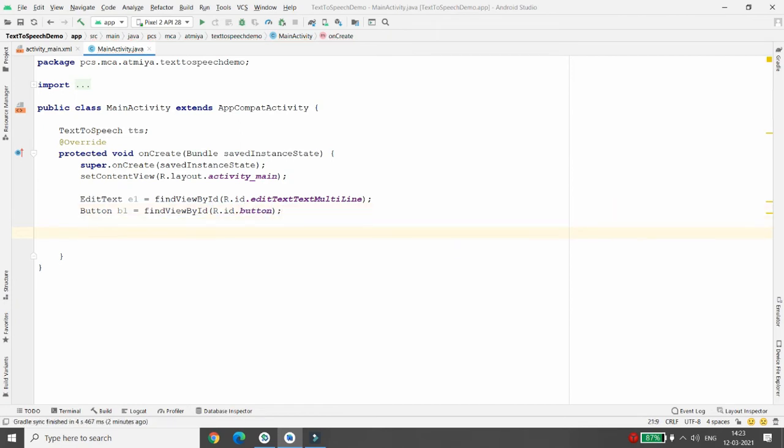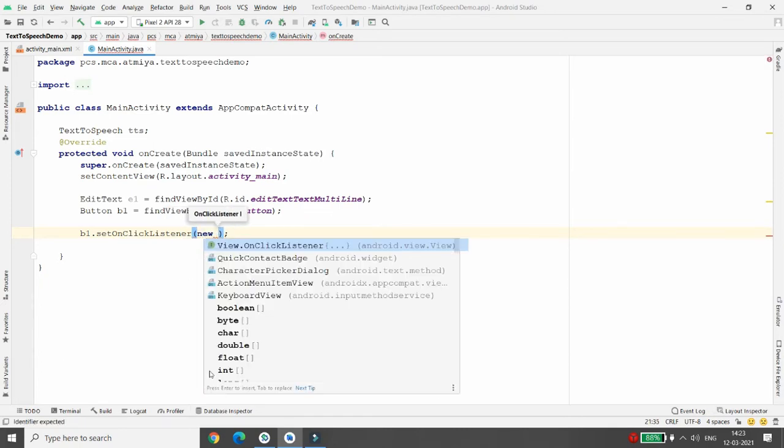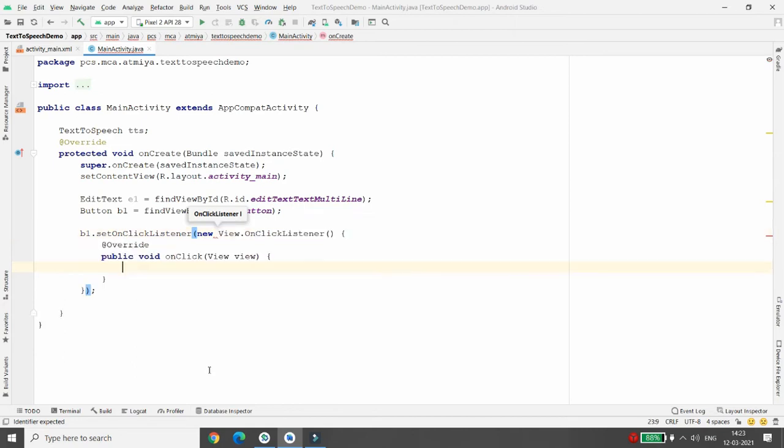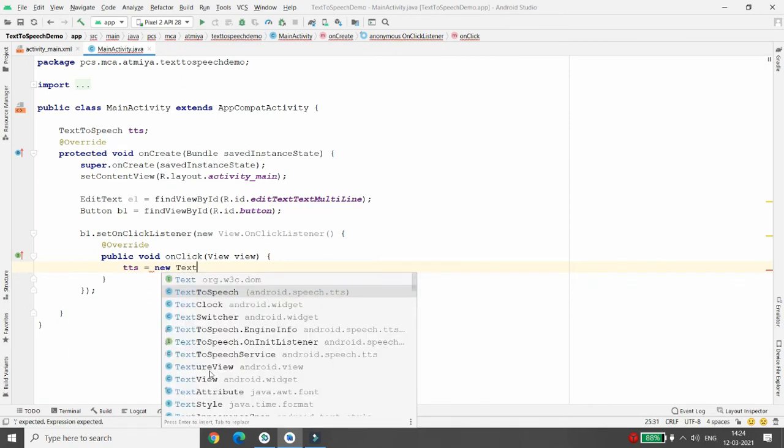And whenever the user clicks on this button, I want to speak. So here you can call b1.setOnClickListener. Here in b1.setOnClickListener, you can pass new, Control space, and press enter. So it will call the View.OnClickListener. Now here I want to initialize the instance of TTS. So I can write here TTS equal to new TextToSpeech.